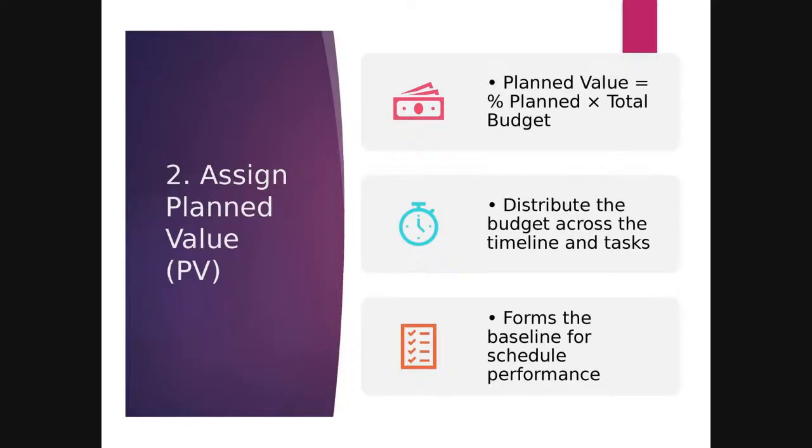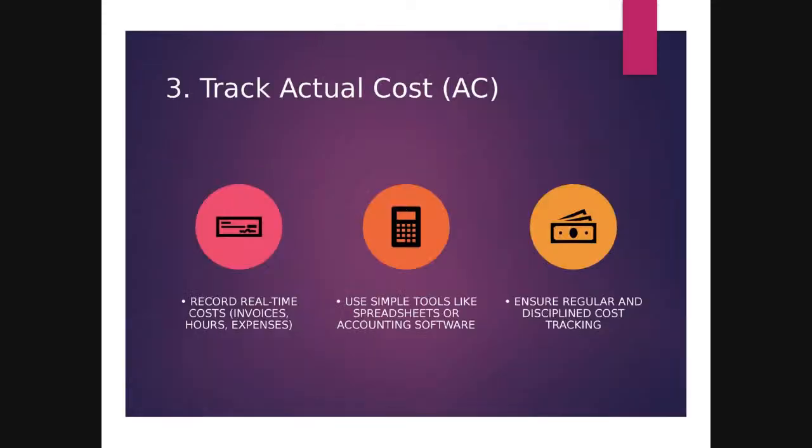It's very important that you understand whether your planned values are going to be broken down by week, by month, because planned value has to be tied to a time box. Okay. Distribute the budget across the timeline and the tasks, and that will form the baseline for your schedule performance. So, do you want to track weekly, monthly, quarterly? You could do it at any level. If you're doing it at the quarterly level, you don't have as much rigor, like in projects I worked on, where weekly we are reporting to management.